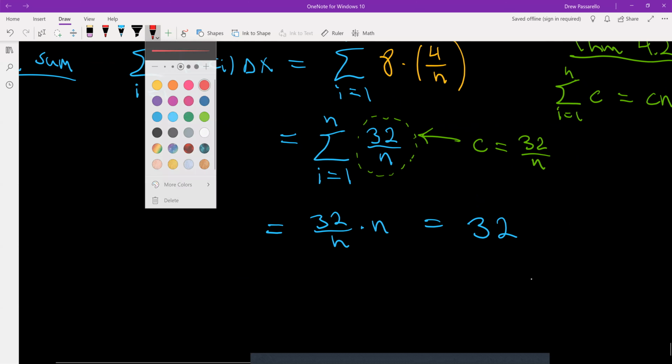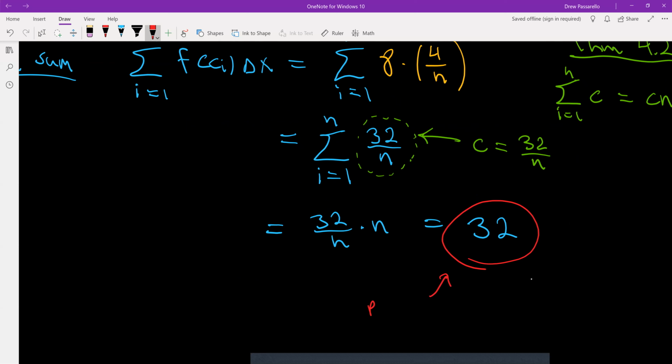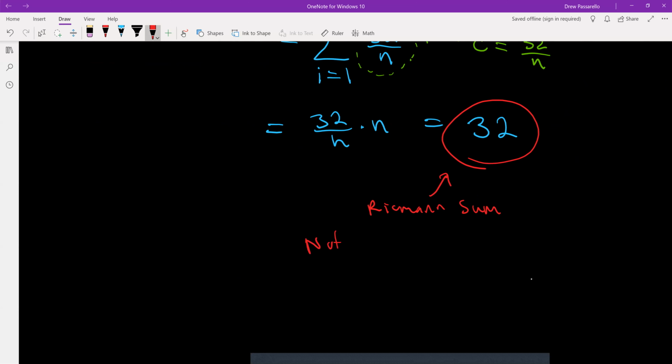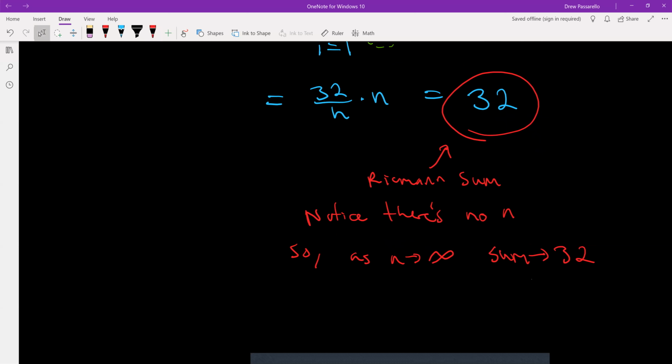Let me circle this. This is the Riemann sum. Notice there's no n. So as n goes to infinity, this thing is just 32. So the sum goes to 32, because there's no n that we plug in, and so it's always just going to be 32. So the integral